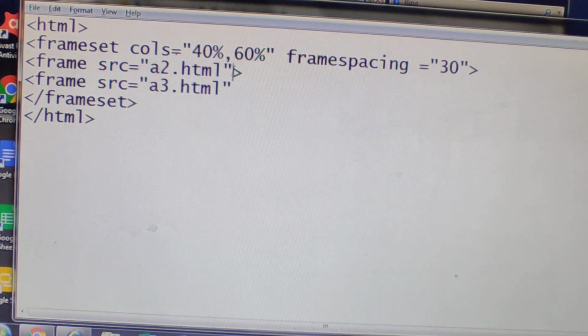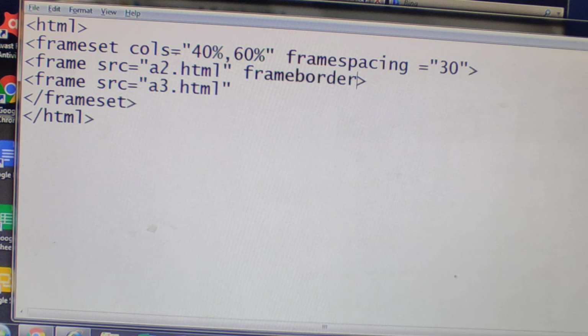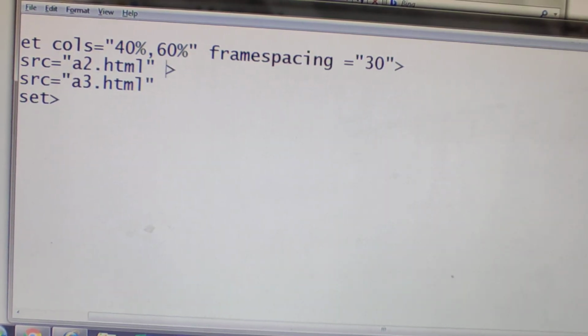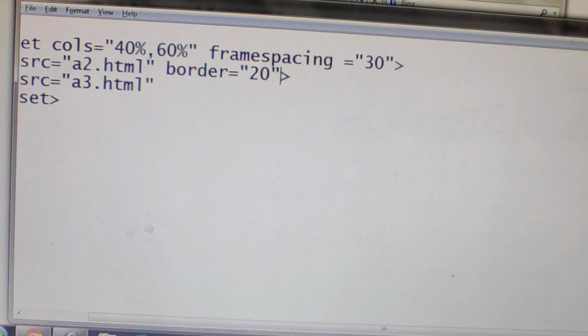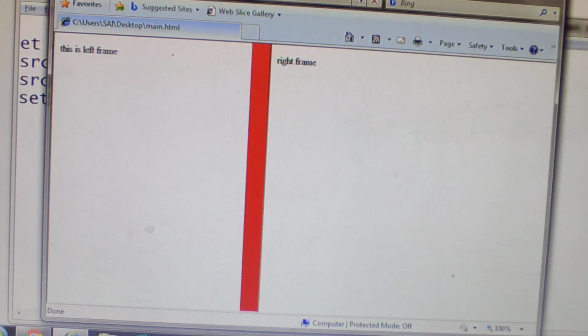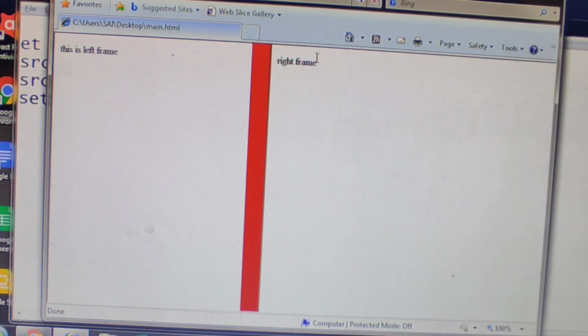Okay, now here I am adding one more attribute, frame border. Frame border I am giving. Now we will add some attributes here. Inside the frame tag I am giving frame border, for example 20 pixels. Save it, come to browser window, refresh this.